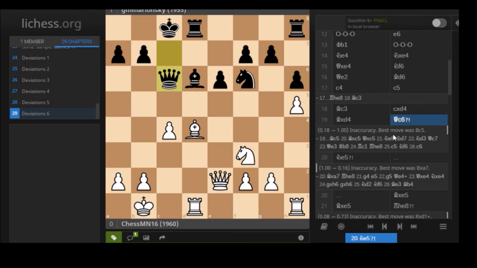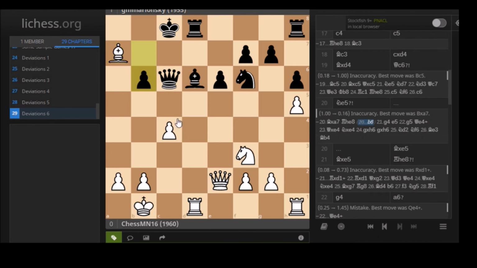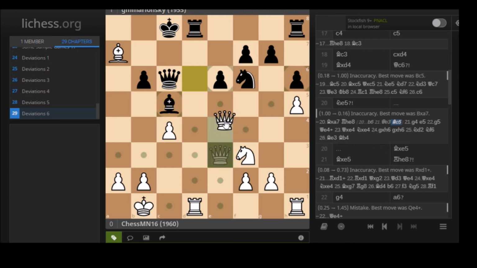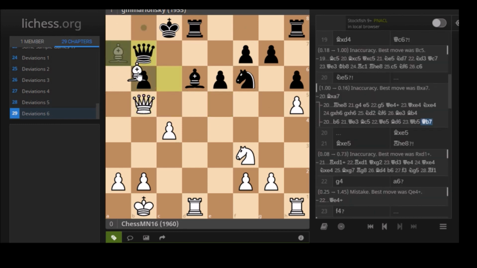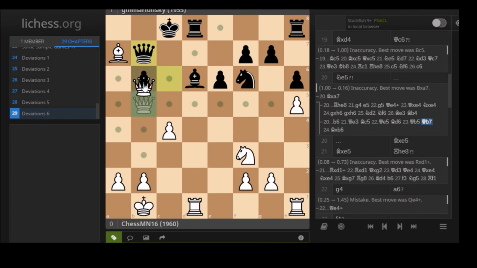But here, actually, after queen c6, I could just take a7. Maybe I was fearful of some b6 stuff here. Yeah, but b6 is nothing here. Can just go here. What about bishop c5 though? Check. Then this sort of repeats, but then I go here, queen b7, let's just take with the queen. Yeah, so